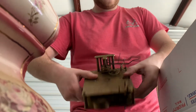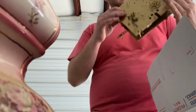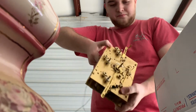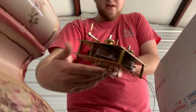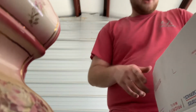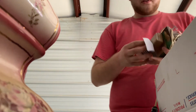I don't know. Keeley clock movement. I don't really know anything about these. I did some research on them, and they looked really, really good. So I went ahead and bought them. This is a slide. As you can see, it's got the nice little... They look pretty good. So I have a cold, so I'm trying to get through this without...